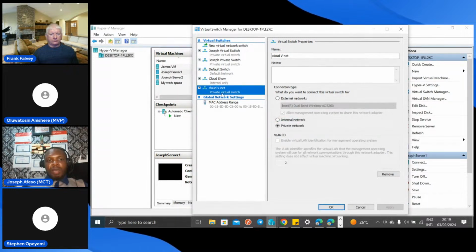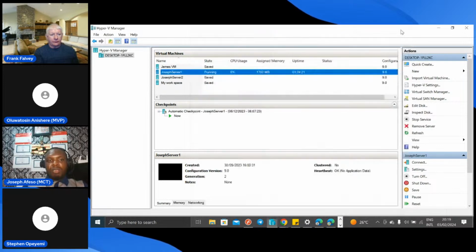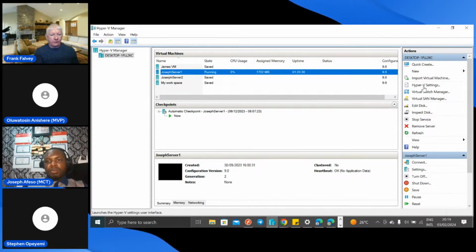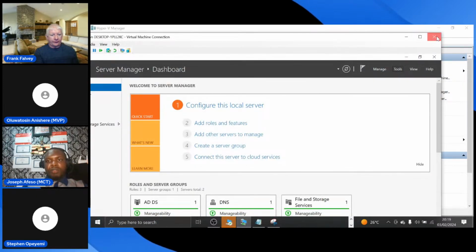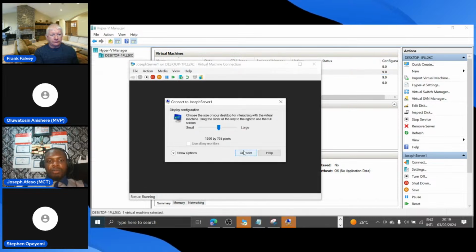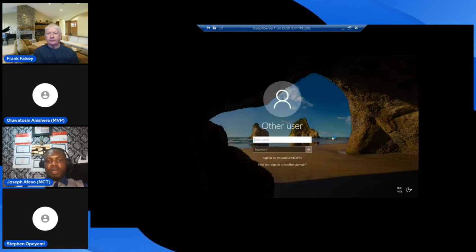So we just created two now. When we are creating the virtual machine, we are going to put it in this switch when we want to select the network. But we already have some machines that are already available here and running. When you are creating the machine, you can decide to put it in a particular network. If you go to your on-prem server, you have the option to connect to it, and you can quickly check the IP address that is assigned to this administrator.